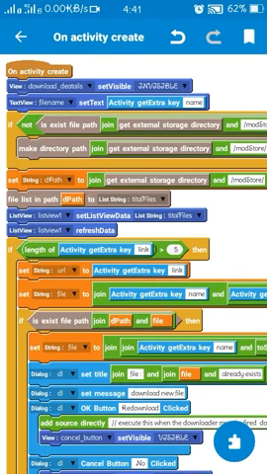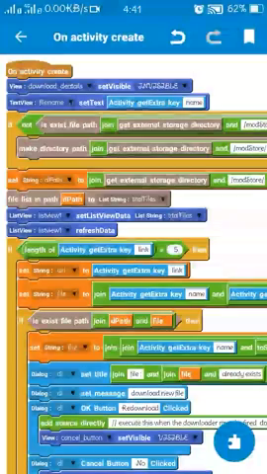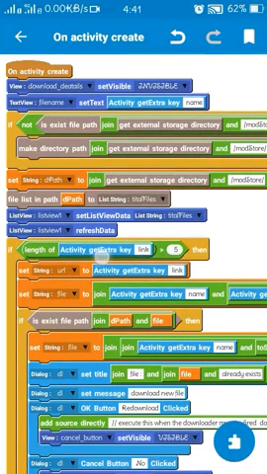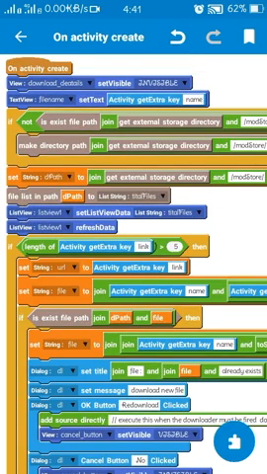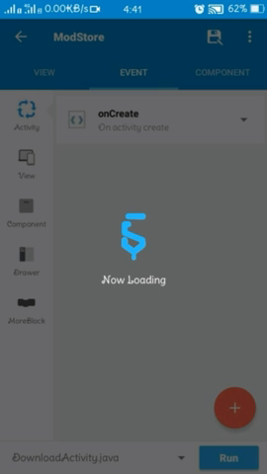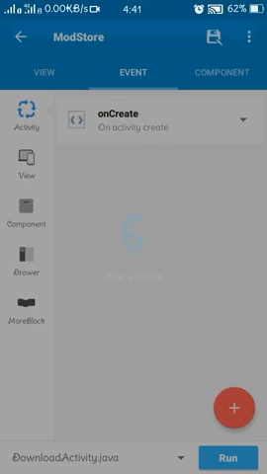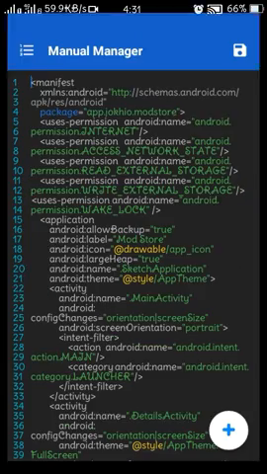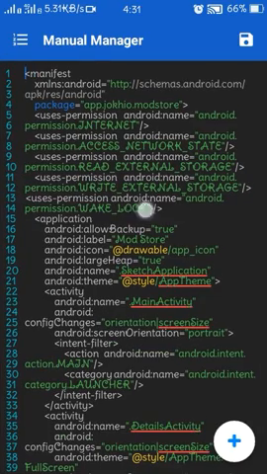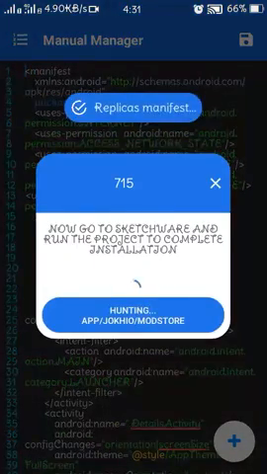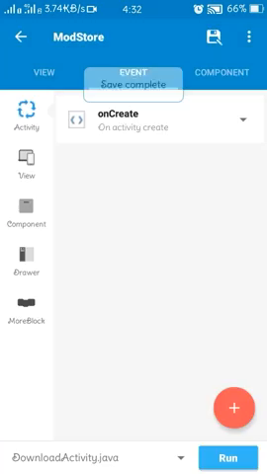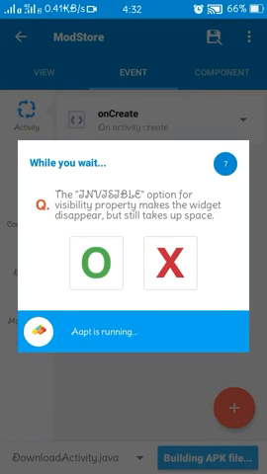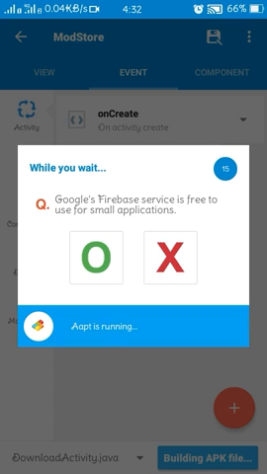We did this because this if statement checks for the URL. If there is a URL longer than 5 characters, our downloading task starts. If we don't place it, our app may crash. Remember to add the storage permission. You can use XML Editor Pro for this. Then run your application.